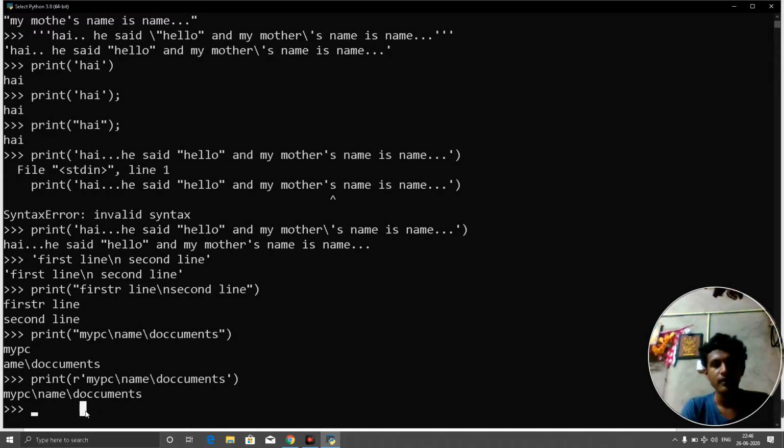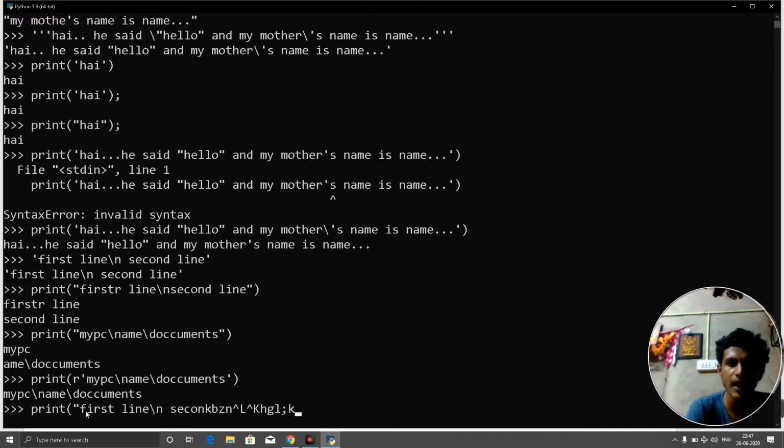Then if you want to write some more sentences, that means if I have two to three sentences, it is not better if I type all the sentences as print first line slash n second line like this.